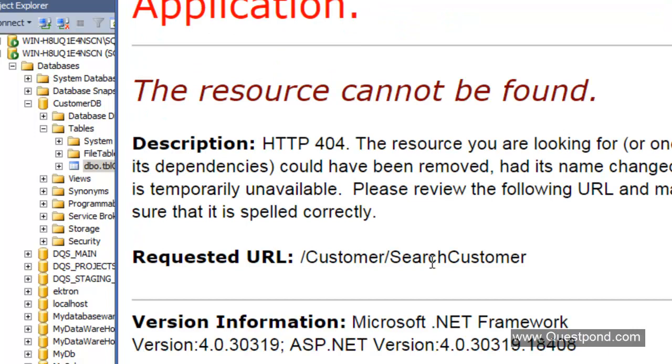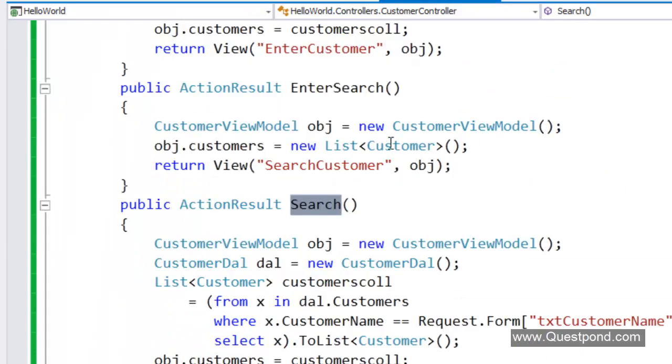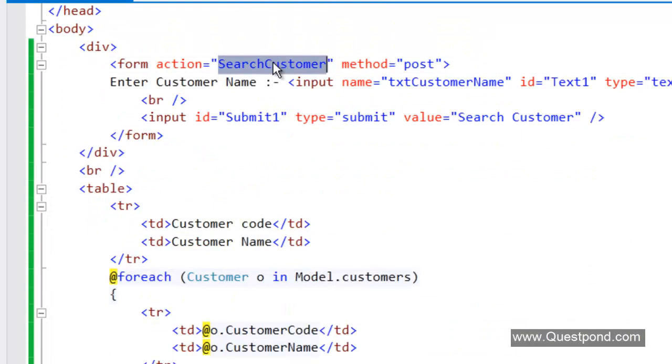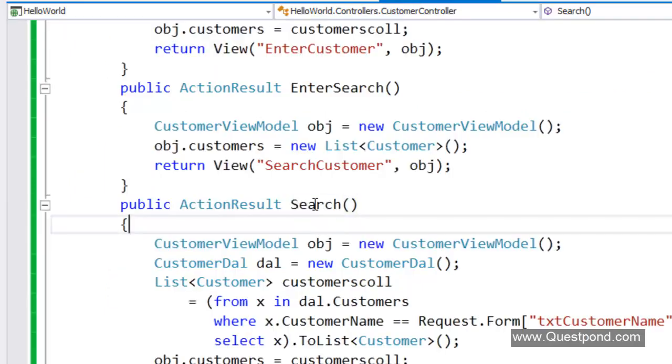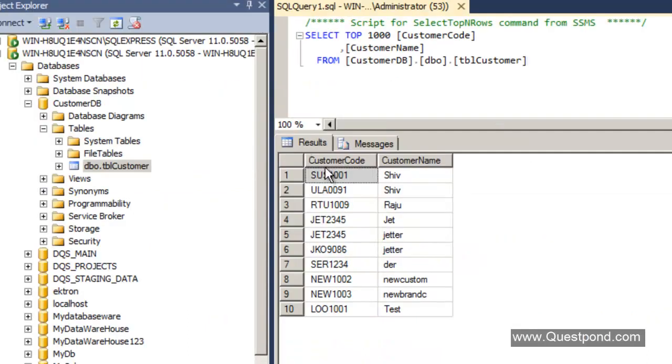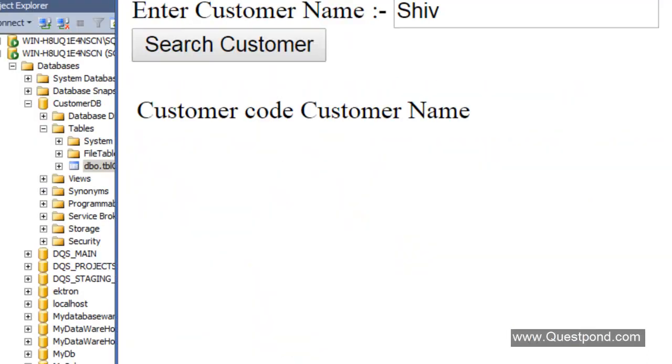What is it? Customer slash search customer. Okay, that's right. We had made some mistake here, right? Over here we have given the action name as search, but in the enter customer, sorry, in the search customer we have given the action name as search customer. So either we make this as search or we make that as search customer. So what I'm going to do is go here and make this action as search customer. Okay, so let us go and build this. Let me go back to my browser. Let me reload it. So we have corrected the action names. So let us see, search customer,